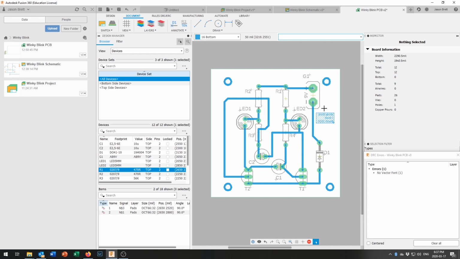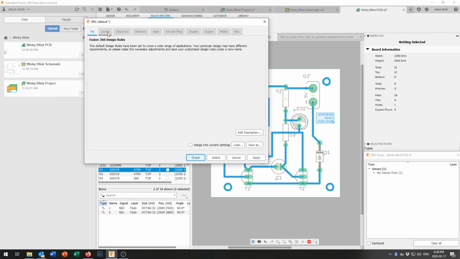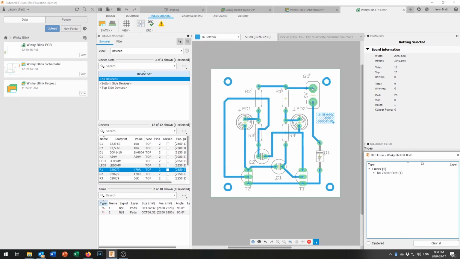There's a useful tool to find errors if we do have them. You'll remember that earlier we used the design rule check right up here where it says rules DRC. And when you click on rules DRC, that comes up. We went in there and we used it to create our design rule check rules. You'll remember this window a little bit right here. We went through and we told it which layers we were using and our clearance. But what we didn't do was we didn't check. And so if you click on check for errors, it will run through and you'll see that it says, oh,